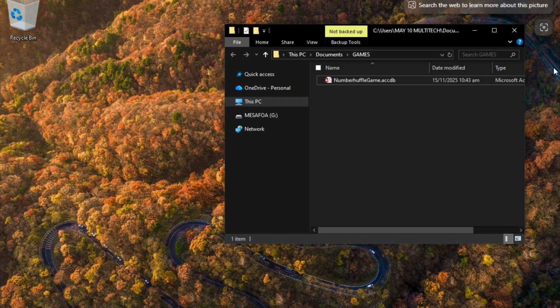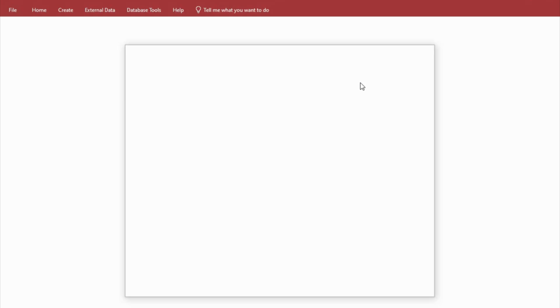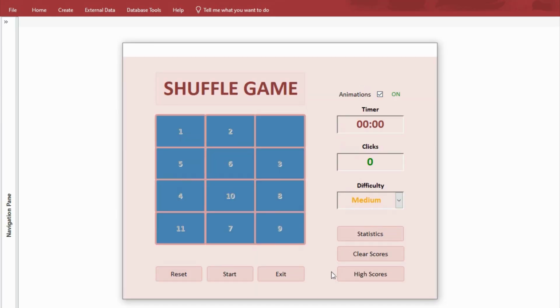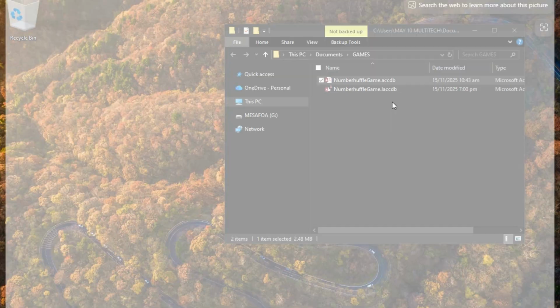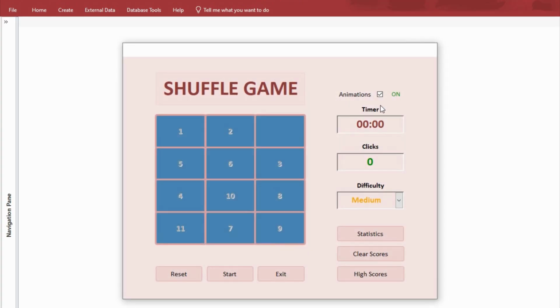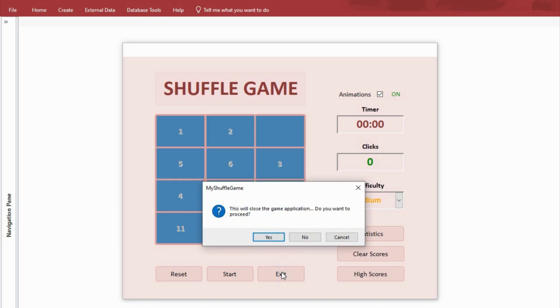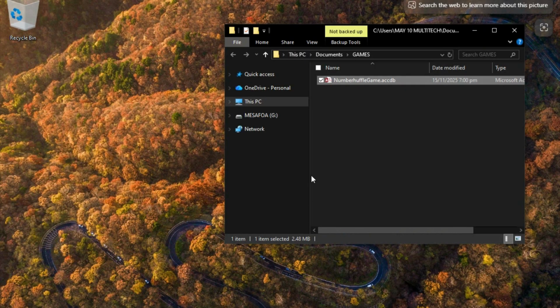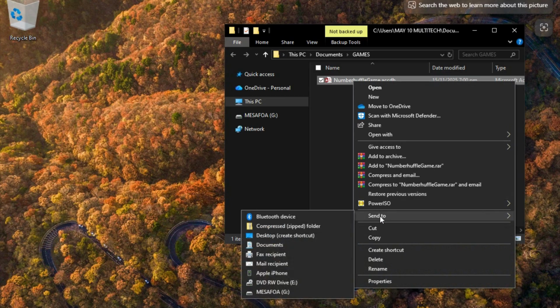The first one, let me open the database, like the shuffle game database. Yes, now you see that. Let me exit it. When I double click it, you see the splash screen is showing. Yes, so we are going to hide it. There are two options. The first option here is you right click this one, then you go to send to,